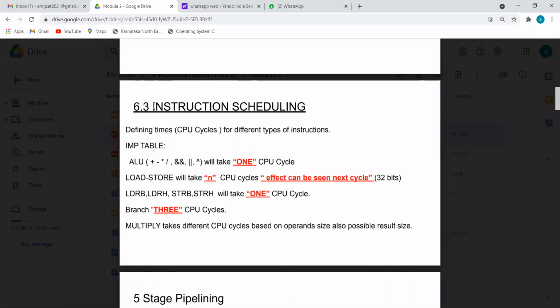What you did in your operating system is process scheduling. In the same way we have instruction scheduling. Here we don't follow any standard algorithm, because in assembly it depends upon how every instruction works. In operating systems there are many algorithms like first come first serve, shortest job, shortest remaining time, round robin, etc.